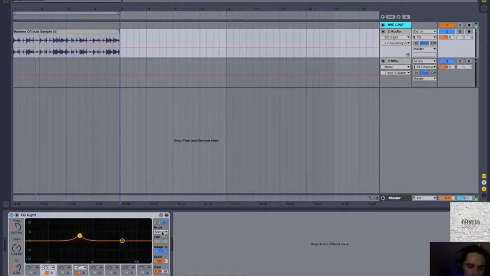Okay, so there's some cool things here. We've got left and right, and we've got mid and side EQing. So left and right is fairly obvious. You're EQing the left and right side of the audio, and then you've got mid and side EQing. What this does is let you edit the middle and the sides of the audio. This is super helpful for getting clean mixes, depending on what you're working on. So yeah,